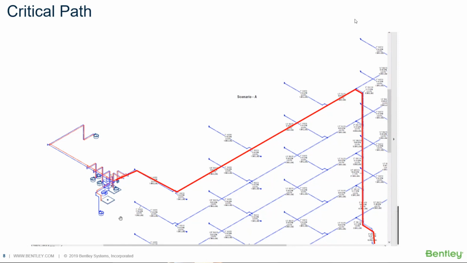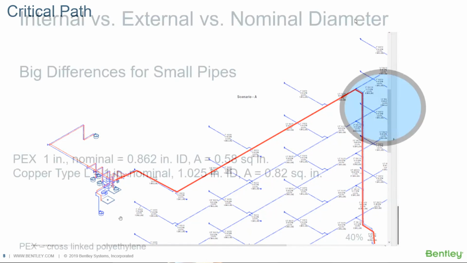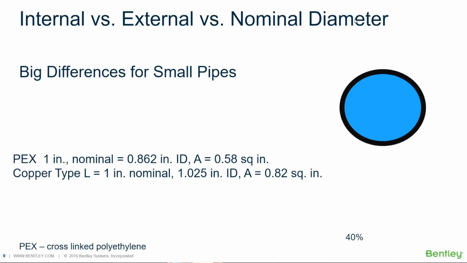One of the big things that struck me as I moved from water distribution modeling into premise modeling is that the internal diameter is not the nominal diameter. In big pipes, you get a very small error if you're using the nominal diameter as the actual, unless you use an HDPE pipe. But for the most part, then you can get by with that.